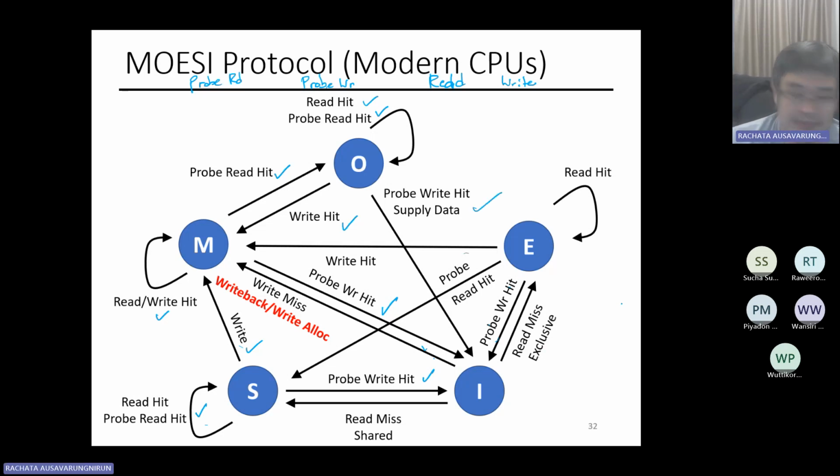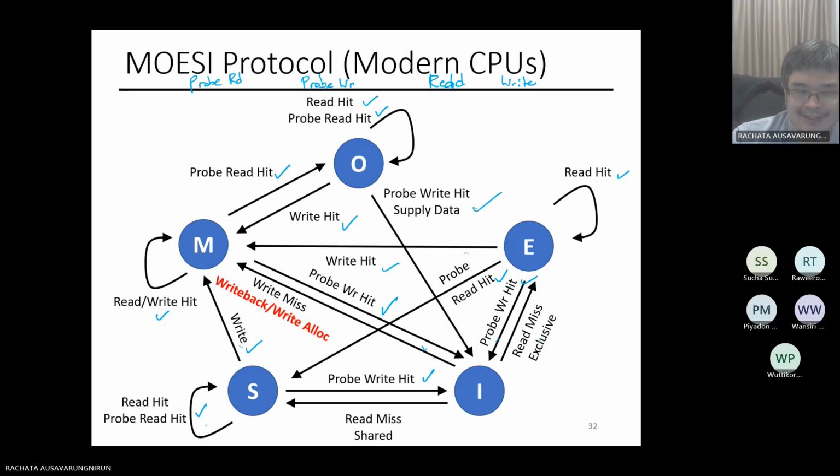If you're in the exclusive state, basically exclusive means that's the only valid copy and it's not dirty. So if someone is reading or you are reading, you stay there. If someone is reading, you move to share. If you're in the exclusive state and someone is writing, you move to invalid because they have the updated data and I don't have it. If you're in exclusive and you on your own write, you go to modify. If you are in the invalid state